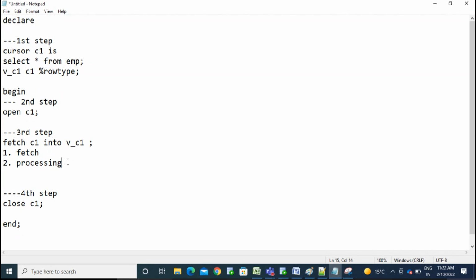So for that, Oracle has introduced cursor attributes. Cursor attributes. So attributes will help you to find out the